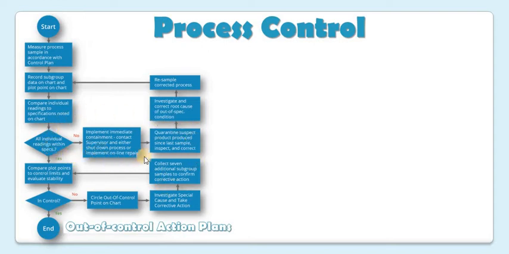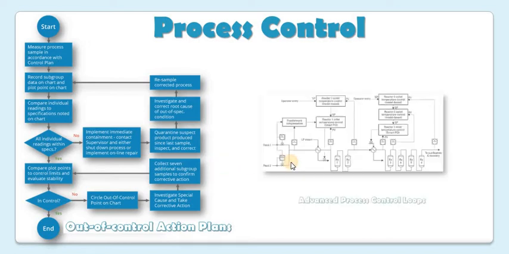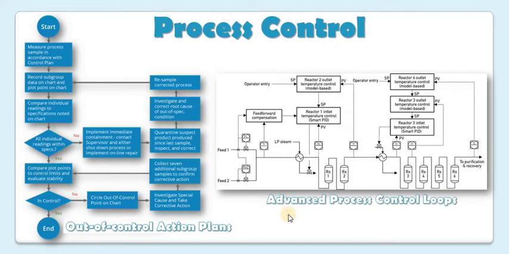So here, for the out of control action plans, you can see the detail of the action to be taken once an out of control situation is detected. So a specific flow chart that leads the process engineer through the corrective procedure may be provided for each unique process. The second one is we have the advanced process control loops. So it is automatic, based on the program or on the technology, to correct for the size of the cut or the out of control